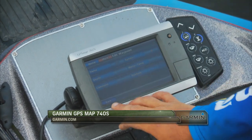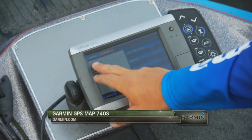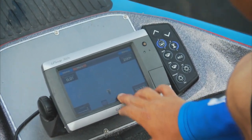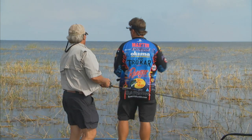That way I would know we caught a fish there, see? Because otherwise I'll just leave a regular waypoint. But if I mark it with a fish symbol, then I know that's where we caught a fish. Exactly, so that's perfect. When you're out here in this grass, especially here in Lake Okeechobee or anywhere